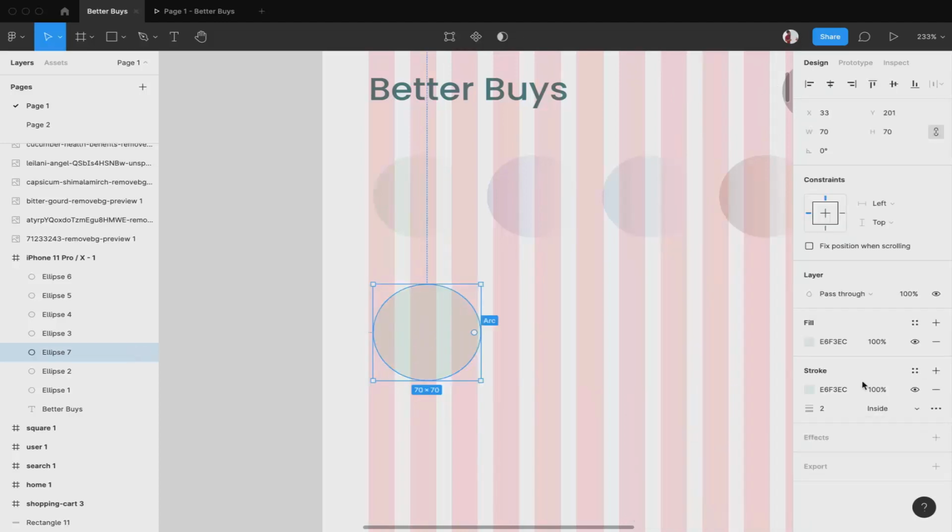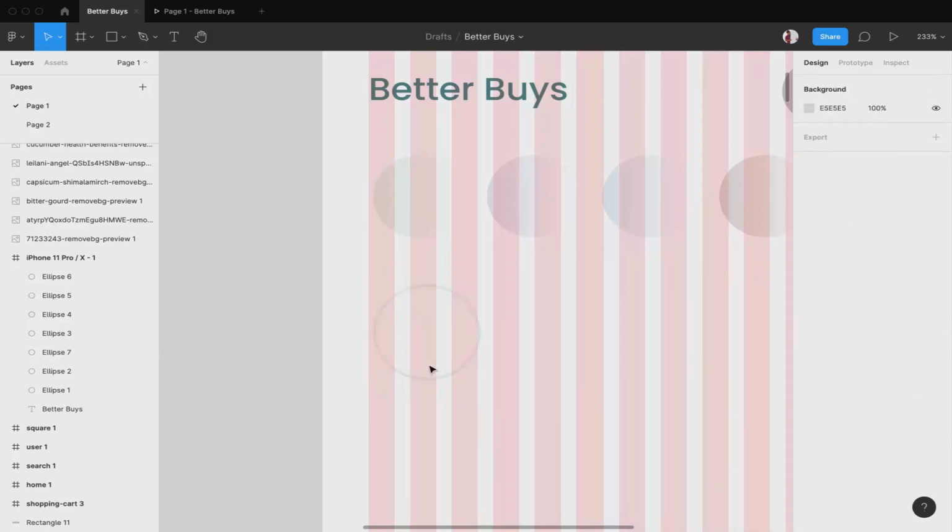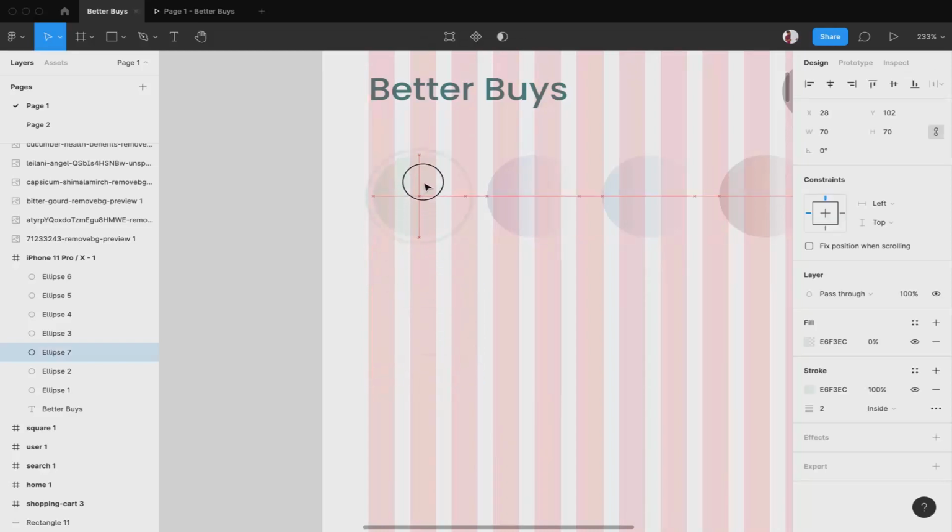Okay, and now I'll remove the color from the middle so that we just, okay, I'll show you. Now if you bring it here, its opacity decreases. I have brought the opacity to 0%, so now we just have the border like this. Okay, now I am gonna take this border and put it over here.